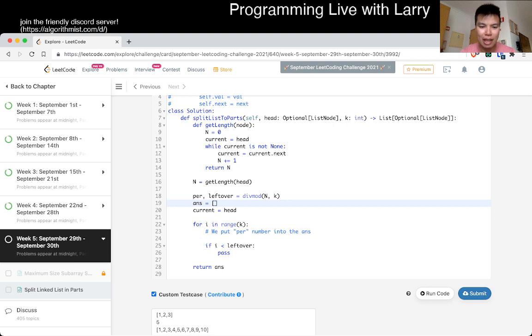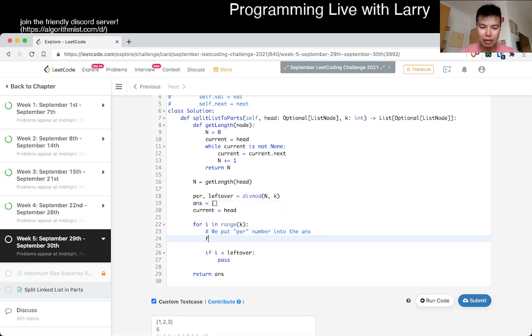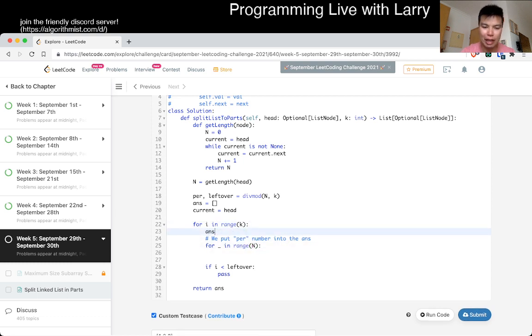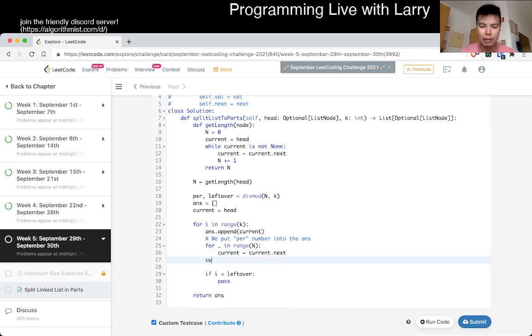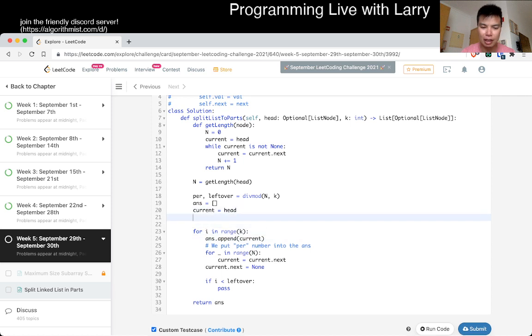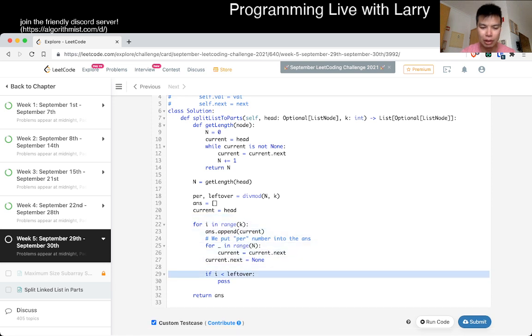Okay, and then now, yeah, and then we just do... Okay, so we want to put ends, we append current because that's the current node, and then now we move that up. I might be off by one here, so this is where printing stuff helps. So yeah. But then of course we have to set this up so that we have it for next time. Yeah, okay. Well, we have to do that after the leftover anyway. But